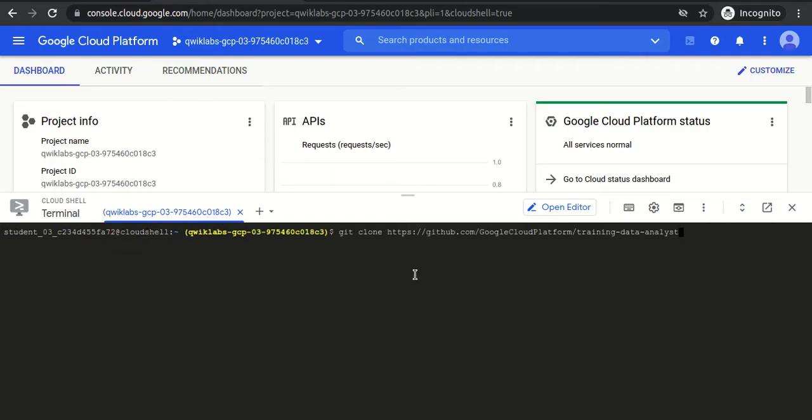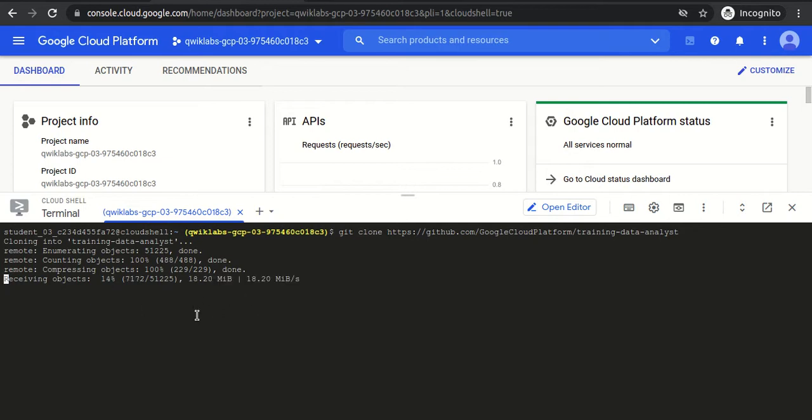So let's run a normal git clone command to clone the repo. Before that, let me show you that we don't have anything available, just a README file, which is the Cloud Shell text, nothing else. So let's perform the git clone so that it can clone the repo from GitHub to our Cloud Shell VM.